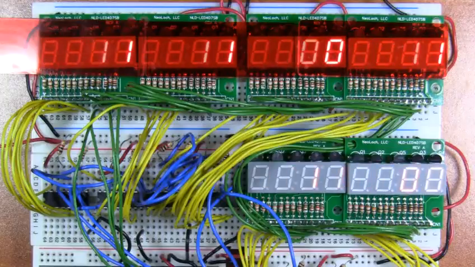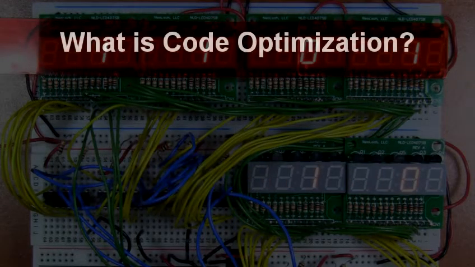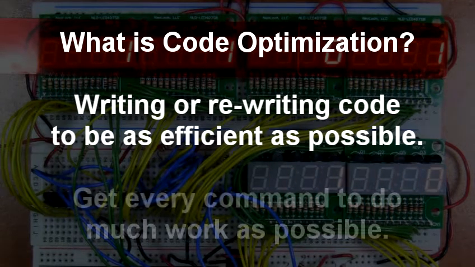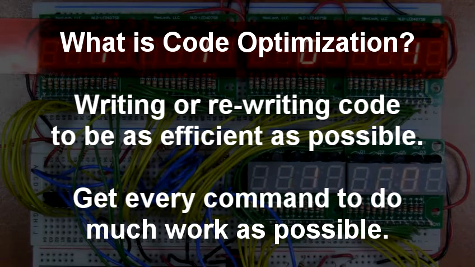So, what exactly is code optimization? Well, it's the process of writing or rewriting code to run more efficiently or use fewer resources. And most often, but not always, those two goals go hand in hand. I guess the idea behind code optimization is to get every command in the program to do as much work